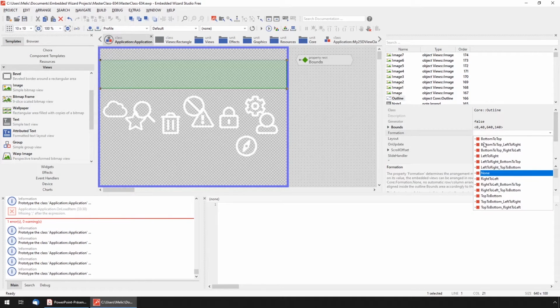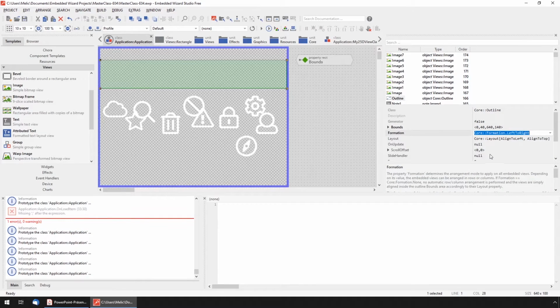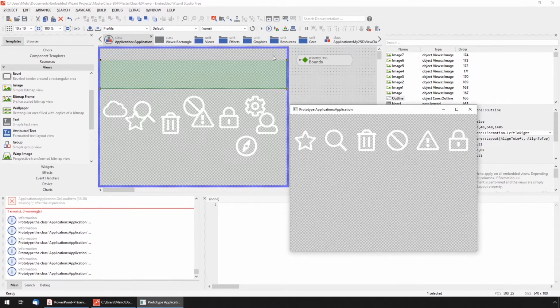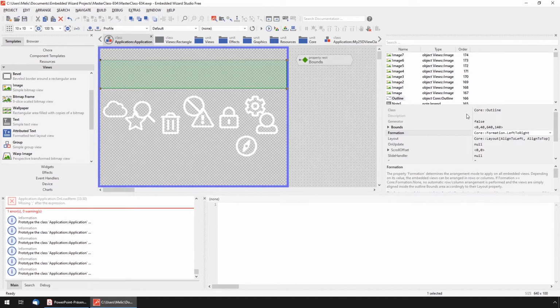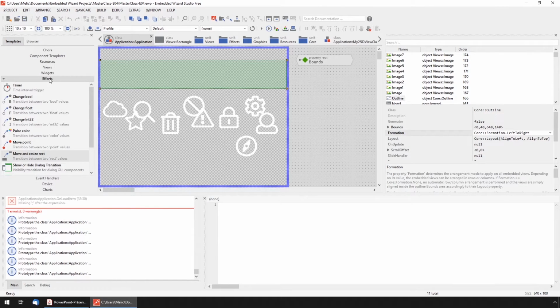And what I'd like to add is, for example, from left to right. So to make them aligned from left to right. And when I'm now pressing the play button, then you see that this outline takes care of aligning these elements automatically according to my formation, left to right. However, we are speaking about scrollable content, and in order to make these things scrollable, I need the